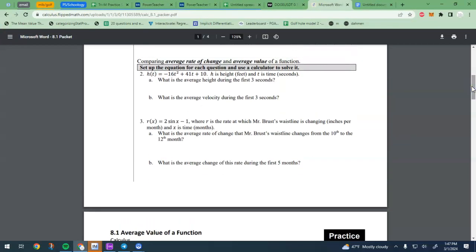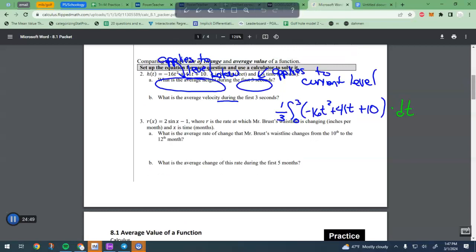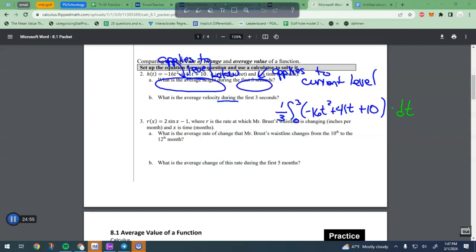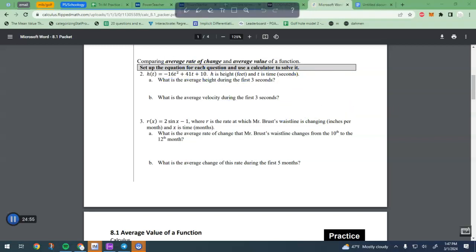All right, so average velocity. Average velocity is asking about the level below you. So you've got 0, comma something, and 3, comma something. If I plug in 0, that's got to be 10. If you plug in 3, I would use a calculator. -16 times